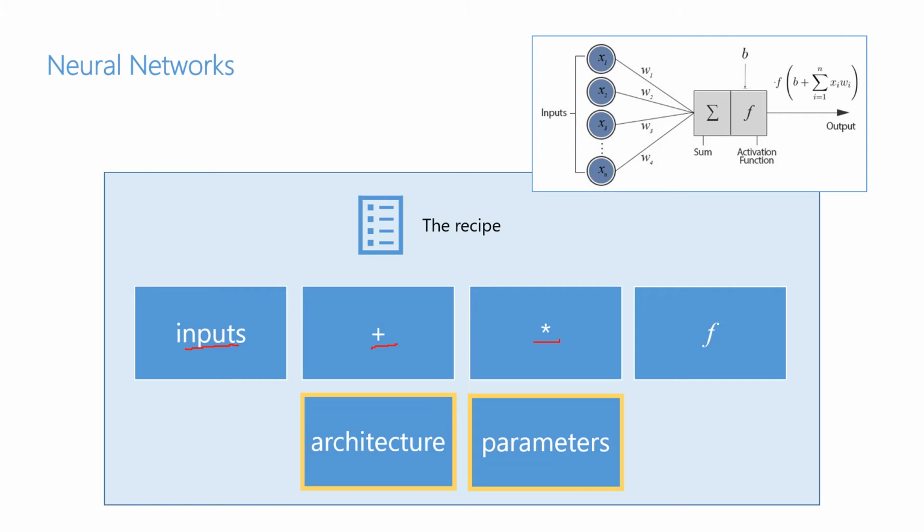Then we have these interesting functions that we can choose from, which most of the time are nonlinear functions. So here we start to find something that probably gives the single neuron, and then the network, some